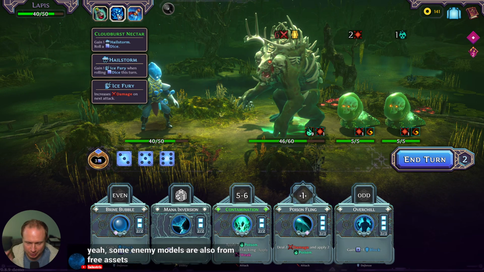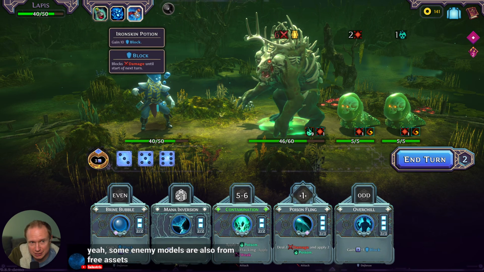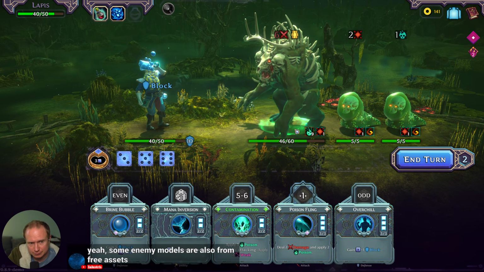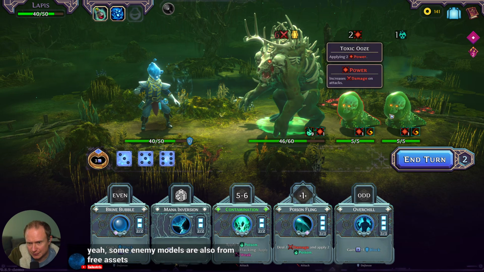Yeah, I think a lot of the models are from free assets. I think the gameplay stands on its own, though. I'll use Iron Skin so that I can kind of... That means that I can spend a bit more aggressively. And then...